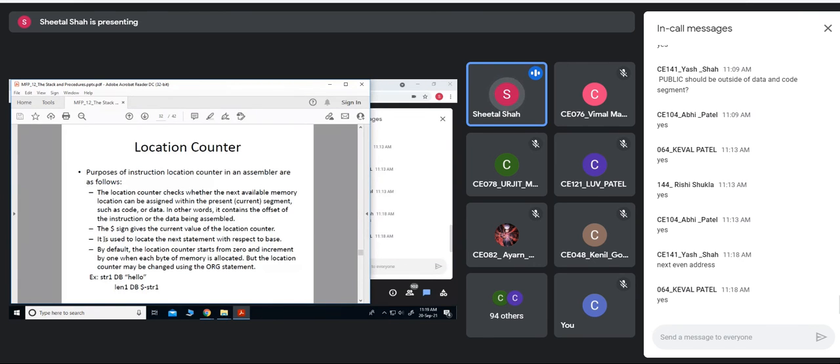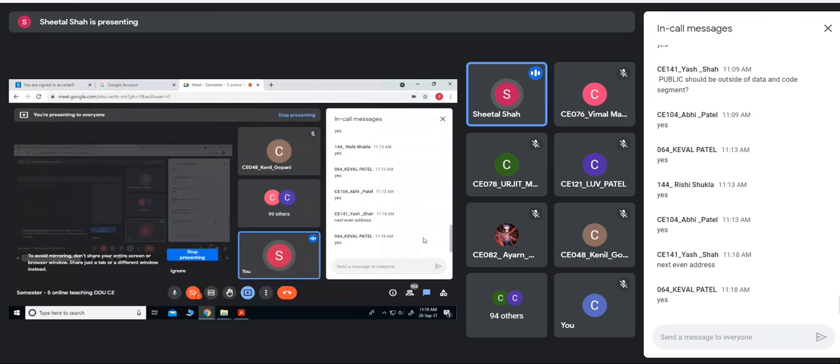Now the location counter. The purposes of the location counter in an assembler are as follows. Just now I told you that as the instruction pointer is used by the processor, similarly the location counter is used by the assembler.